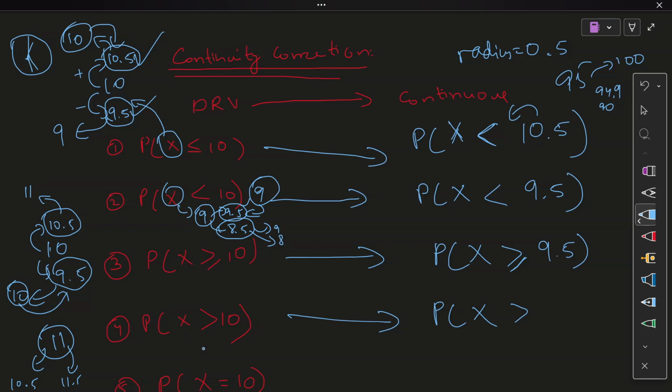Inequality is going to say, okay, all the values that the discrete variable was taking were above 10, right? So the inequality is telling me, Isa, you need to select